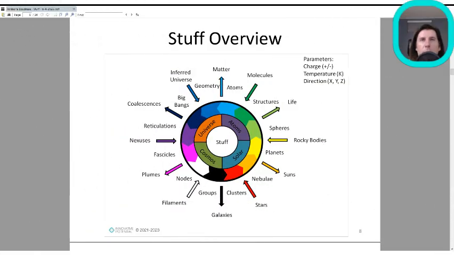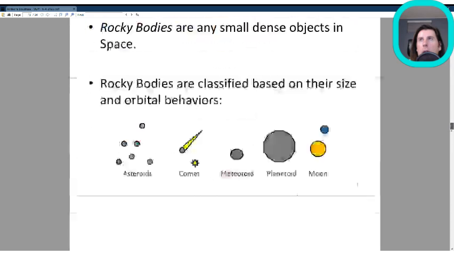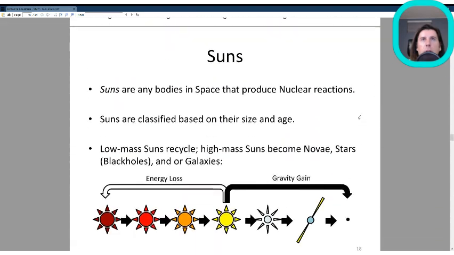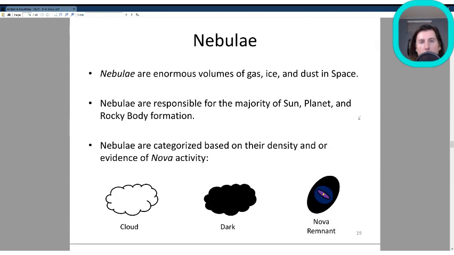Okay, so we're back and we're talking about stuff. We're at suns. We're in the solar system now. We're into the solar quadrant. We've gone through planets. We've gone through suns, stuff that does nuclear stuff. And we're going to talk about nebulae. There they are. So here's our suns. And if you zoom out even more and even further,